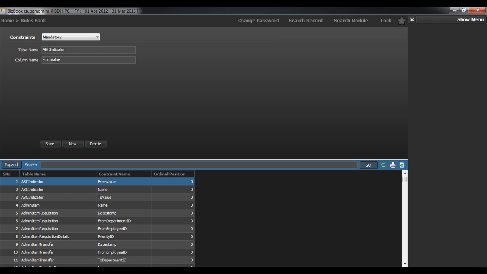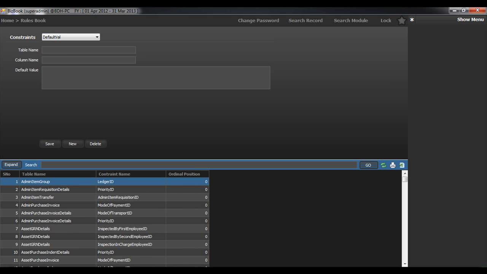It will make the field from value in the table ABC indicator mandatory. Now the default value constraint, we will see it. In the admin item group table, the field named ledger ID will always have the default value of -1. This is how the default value constraint works. The evaluate constraint,